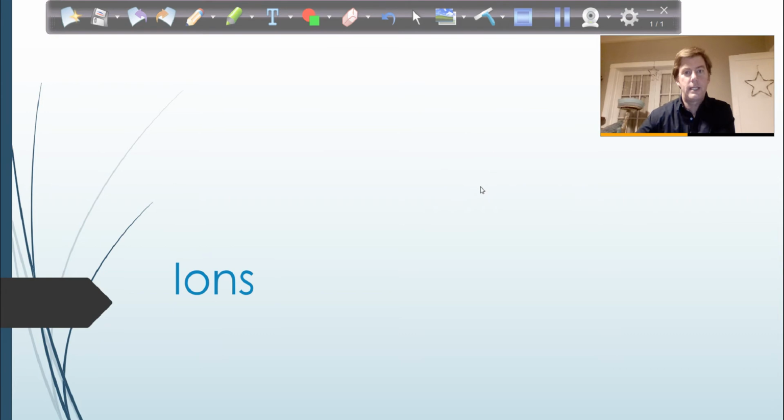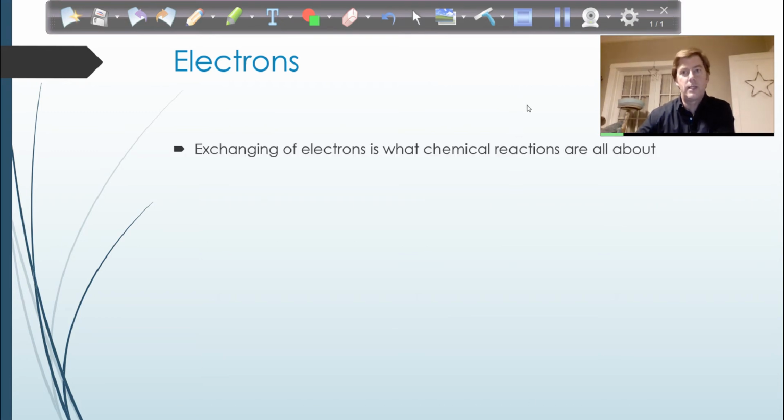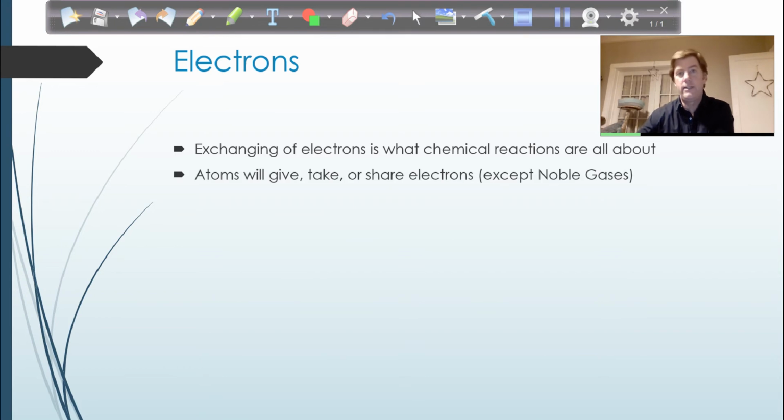So, first thing to get going, quick review. We've been learning about atomic structure. We know about protons and neutrons and the nucleus, with electrons going around the outside. And so electrons are an important part when we talk about chemical reactions. It's all about this exchanging of electrons: giving, taking, or even sharing of electrons. So changing the nucleus is a nuclear reaction. That is not a chemical reaction. Chemical reactions are all about the electrons. So, good thing we know